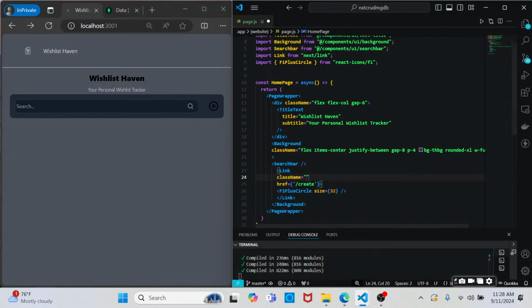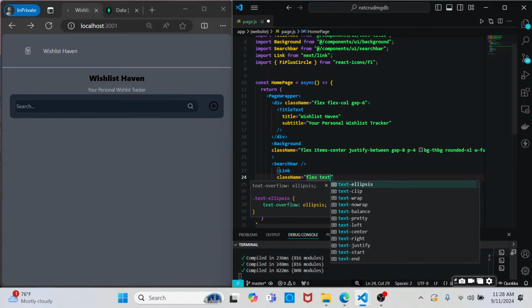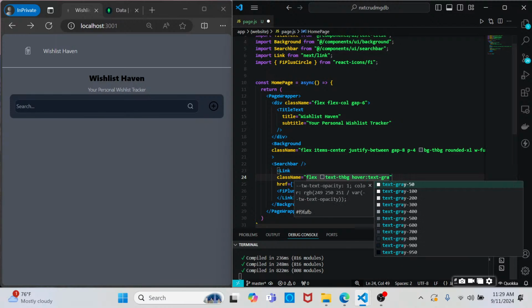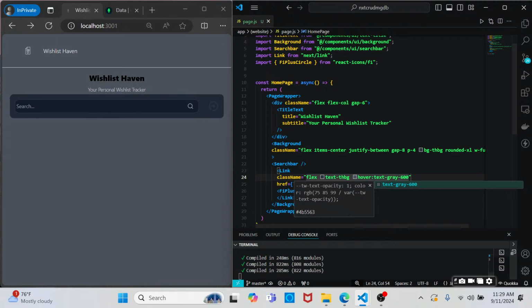So let's give this a class name to style the link, and remember to add the class name to the link, not to the icon. And we're going to set this to flex. We'll set the text to THBG, which is that custom color that we brought in. On hover, I want the text color to be gray 600. We'll click save. You'll notice that the color of it changed, and on hover, it is now changing colors to text gray 600. Perfect. So let's go ahead and set up the ability to create a wish list or add a wish list to